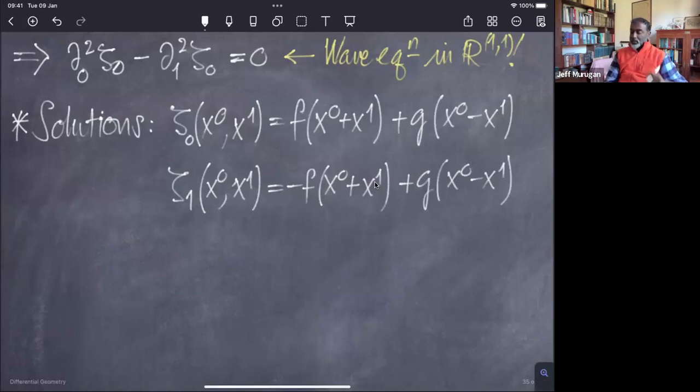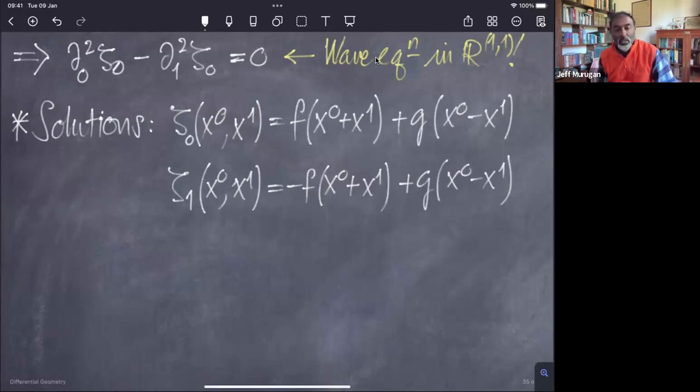These are what's known as the right moving waves and left moving waves. And they're solutions of the wave equation that basically say if I've got some system like a string and I vibrate the string, then I'll produce two waves. There will be left moving waves, right moving waves, f and g. But we're not really interested in solving the wave equation here. We're interested in understanding how this ties up to